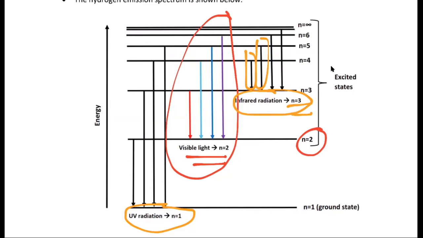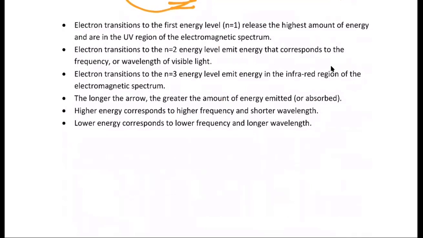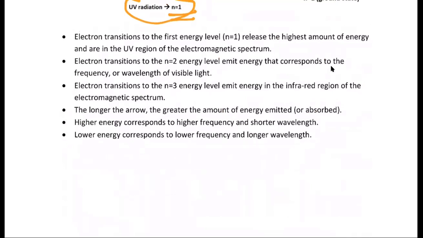So you just need to know that if you see a diagram like this and you're asked a question, any of these transitions that go to n equals 1 are going to be in the UV area. Anything in n equals 2 is going to be visible light, and it'll be specifically these 4 colors that we see here. And anything that goes to the n equals 3 level is going to be infrared because they're going to be lower energy. And that's basically the summary: electron transitions to the n equals 2 energy level are going to be visible light. N equals 3 are going to be the infrared, and n equals 1 are going to be in the UV